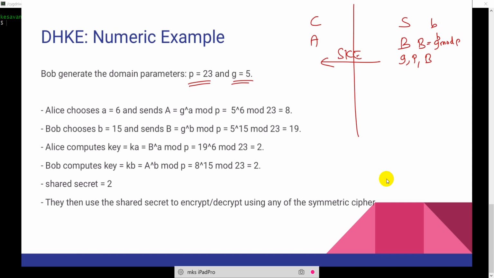After that, Alice will also create her own private key and calculate her public key using the same formula, G power A mod P. She will send her public key A in the client key exchange message, right? So key exchange is actually happening in the server key exchange and client key exchange messages. Only in these two messages is the actual key exchange happening. Notice that the actual key is not exchanged, only the public parameters are getting exchanged. Both parties will calculate the shared key on their own using the respective formula.